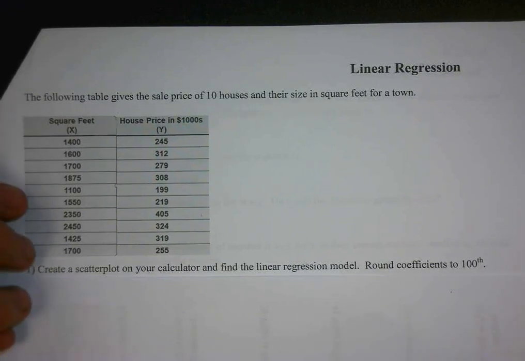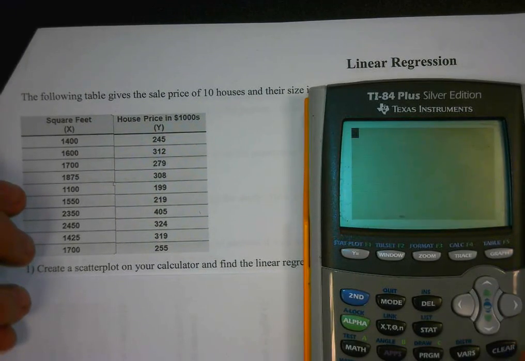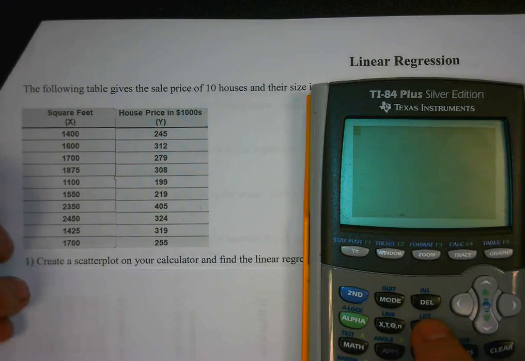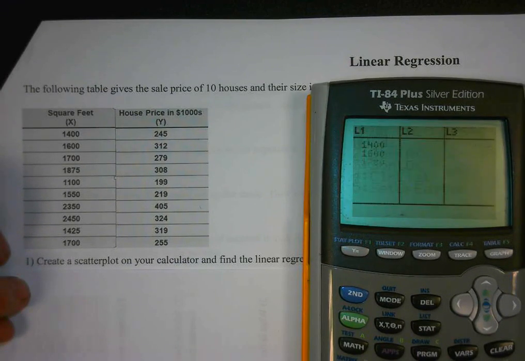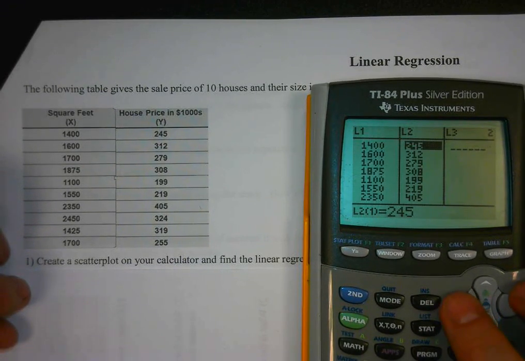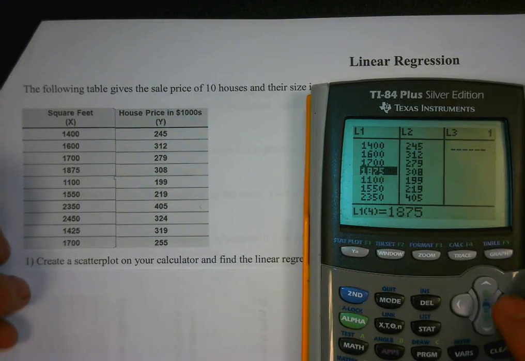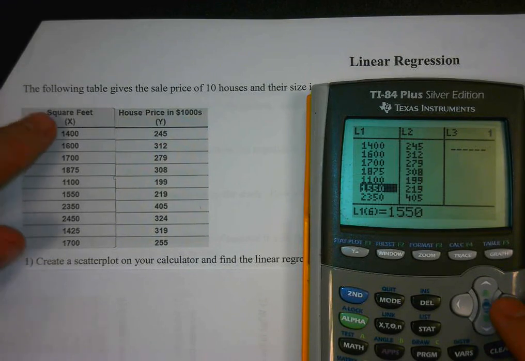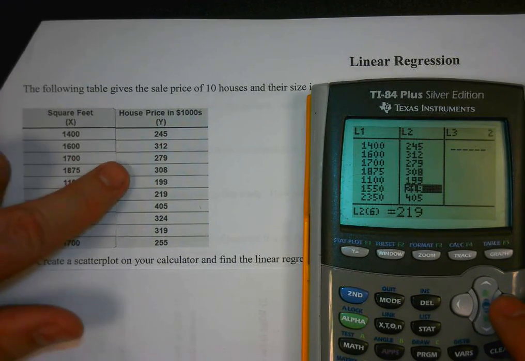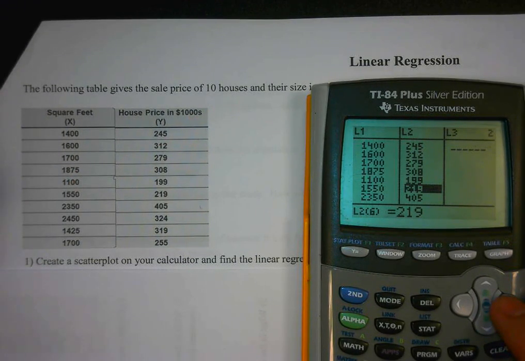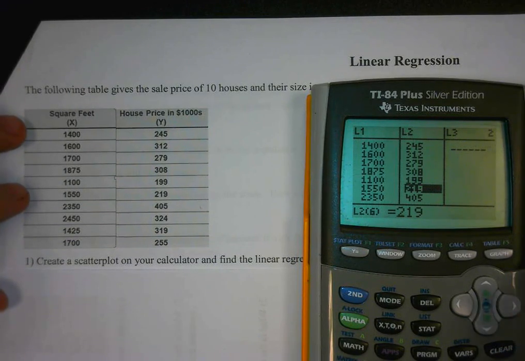In your calculator, that's where you press your stat and then enter to edit your list. For the sake of time, I already have these in here, so if you need to pause the video, go ahead. I'm just going to keep on going. List 1 is your X values, list 2 is your house price or the Y values. To create the scatter plot,